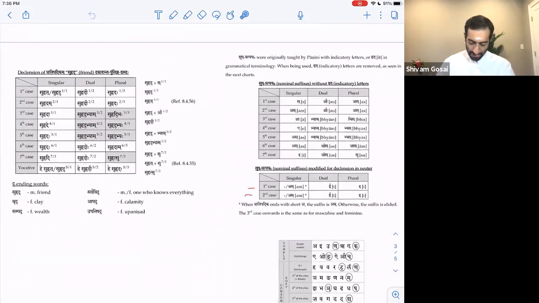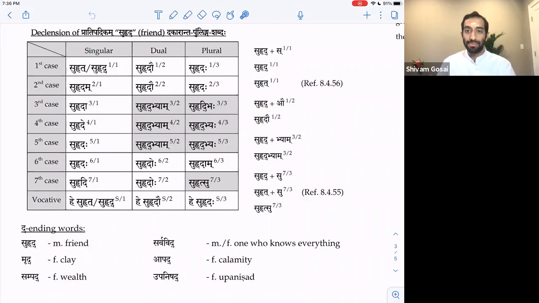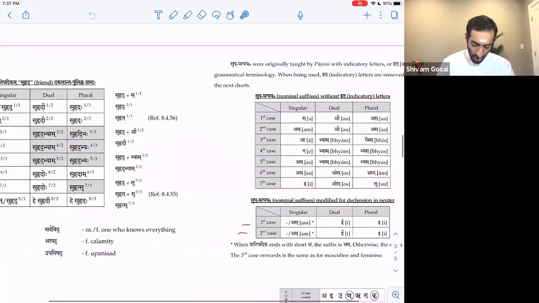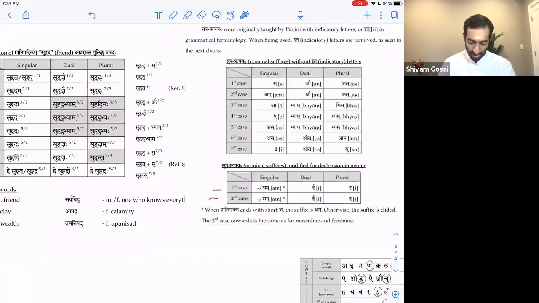If you go onto the same page, you'll see the next word is suhrit. This is under the same section because essentially the same rules apply. We get those two forms, suhrit and suhrid. Then suhrid plus au, suhridau. Suhrid plus as, suhridaha; that sakara becomes a visarga. Suhrid plus am becomes suhridam. Suhridau, suhridaha, suhrida, suhridbhyam, suhridbhihi, suhride,